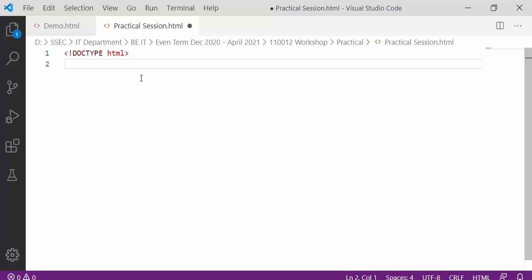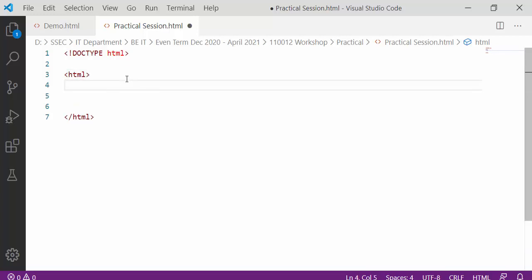The HTML document itself begins with HTML and ends with HTML. I have told you earlier that any HTML web page that you create will start from the HTML tag and end with the HTML closing tag. Any starting tag has an ending tag. So here we have started our HTML document. Also, we have seen that the HTML page has two portions. The first portion is known as the head section, and the other section is known as the body section.